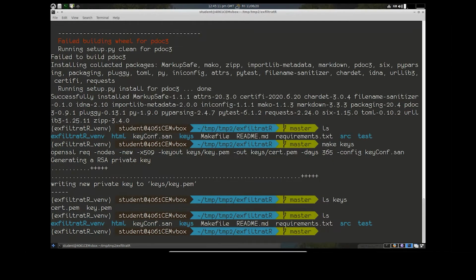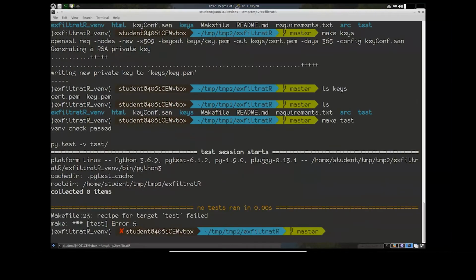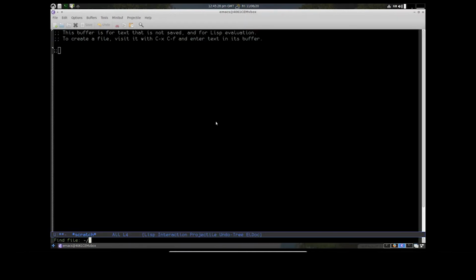Okay, so with all of our basics, you can also always do make test and run any tests that are in there. There are no tests at the moment. There's actually one that you're expected to complete at some point, so you can go through and have a look at that. It's sort of some boilerplate in there for you, but there we go. So what do we need to do? Let's have a look inside the